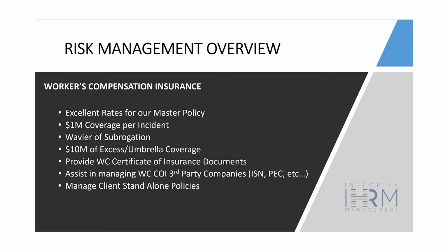We can get access to your portal and upload all the certificates of insurance that you need and that your client needs. And we also help you manage standalone policies. If you're happy with the work comp you have today, just let us help you manage it. We can certainly provide the payroll reports you need to send them on a monthly basis. Anything that your current comp carrier needs, just give us a call and we'll help you